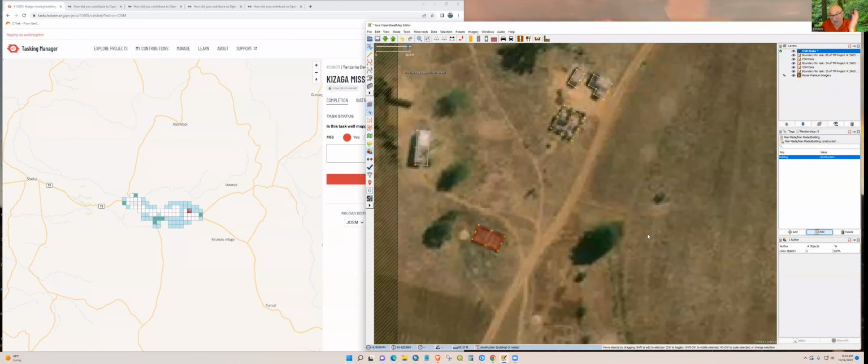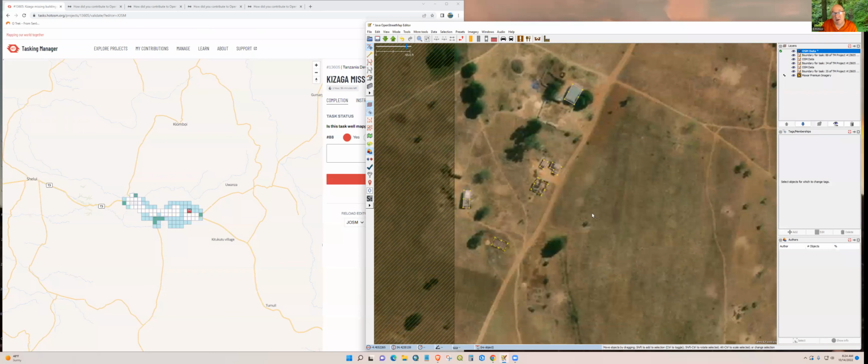And it may take several years for the individual to complete the building, but now we have it on the map. And often the local ward government or the municipality will actually assign an address to a building even before it's completed. So we'll go ahead and do that. Again,